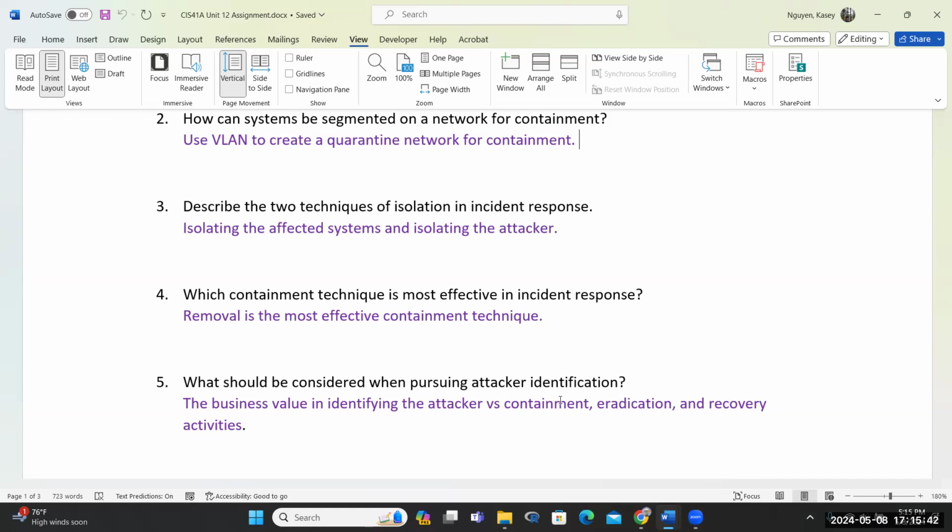Now, containment, eradication, and recovery is just a reactive approach. So by that time, it's already late, right? So what you need to do is have more proper planning and assessment, and this is where the analyst comes in, your role, to really understand what could possibly go wrong. We want to prepare for the worst, and that's our job.